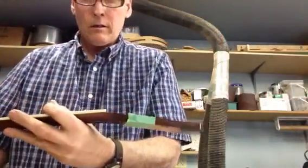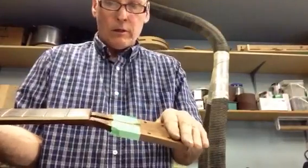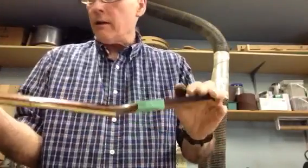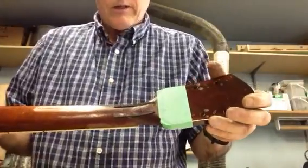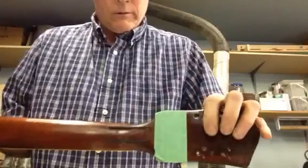Started the other day. I had the plastic veneer that was delaminating, took care of that. Actually got the peg head glued back on. And I was debating with myself whether or not to try to spline this. And decided to go ahead and do it because, well, what my debate was, the internal debate was that